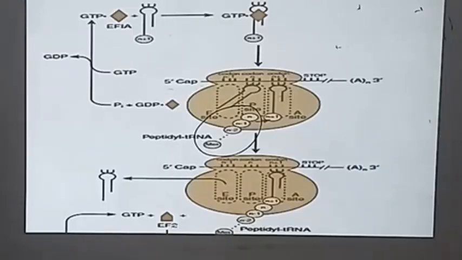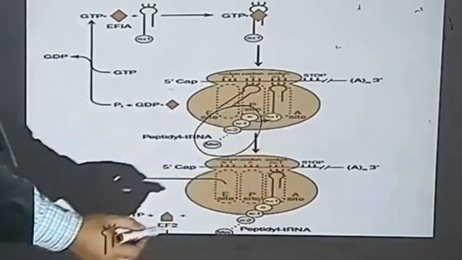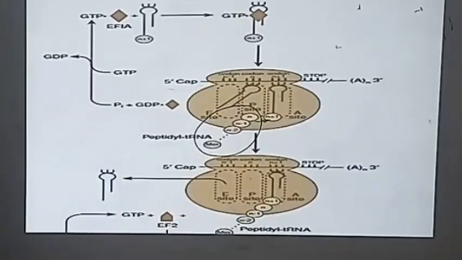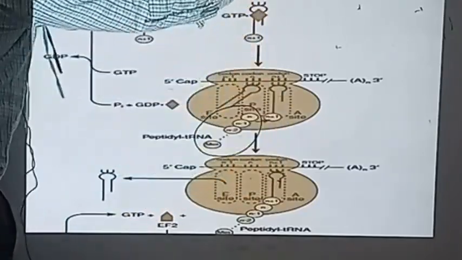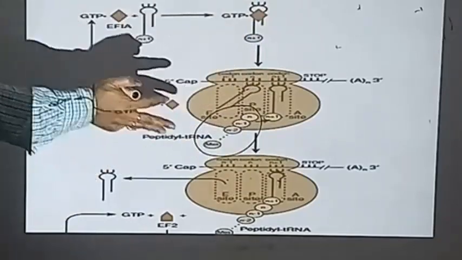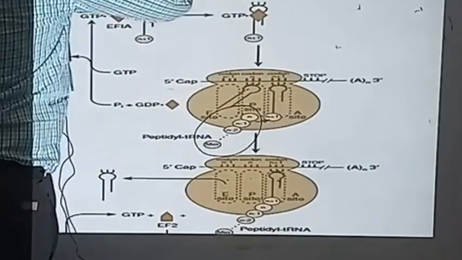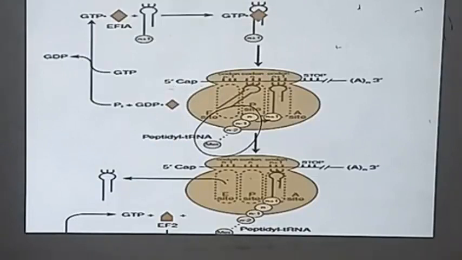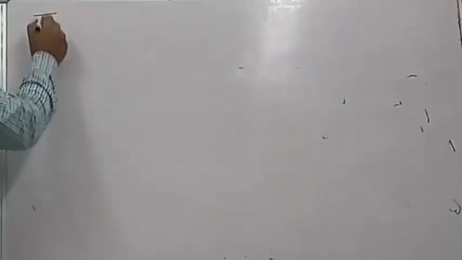Translocation, this elongation factor 2 is going to come, and then the translocation is going to occur. This particular tRNA is going to occupy the P site, your A site is again going to get free, and from the E site your uncharged tRNA is going to go out. Again the same thing repeats, right? Am I clear? Okay. Now let us move into the final step, that is your termination.